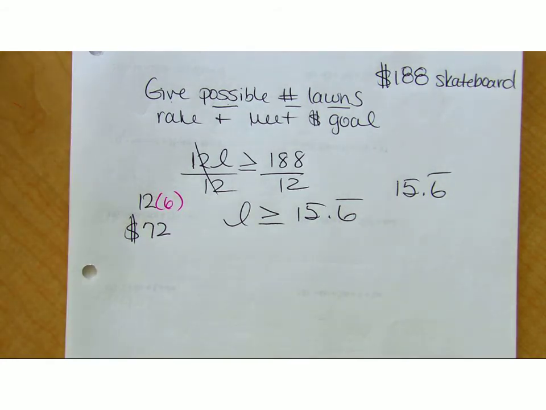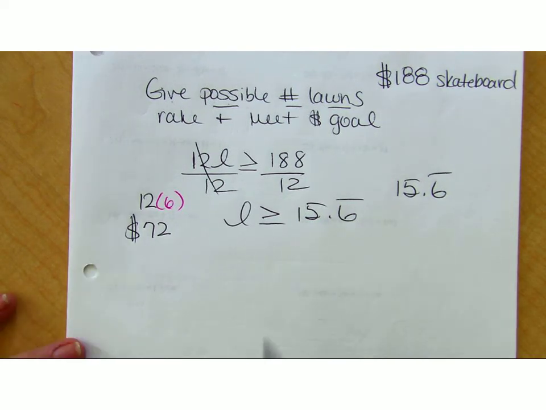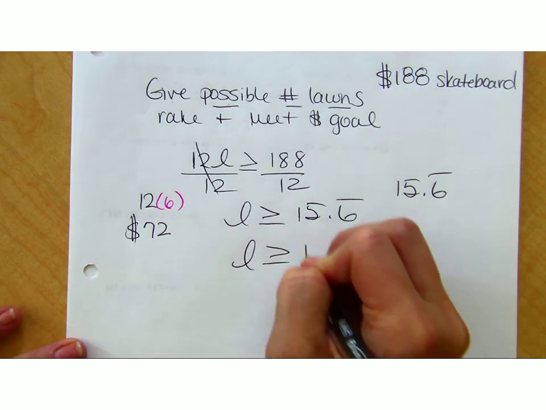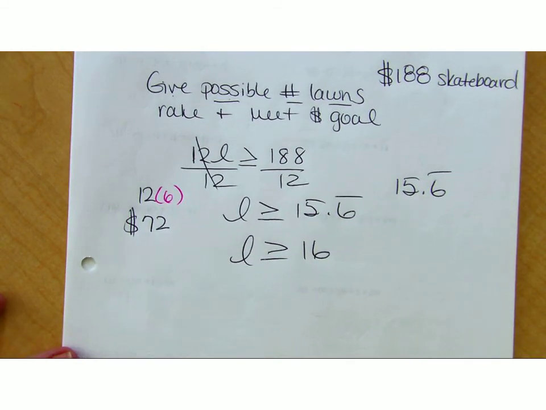So then what should I make that number? Now the next question is, is it 15 or 16? It's got to be 16. Because if you bump it down to 15, then you only make $180. So the answer to earn your application credit is the number of lawns you really need to rake. It has to be not what popped up on the calculator, but what answer makes sense in terms of the problem. Okay? Got it? So when you multiply or divide by a negative, what are you going to do? Flip the direction of the